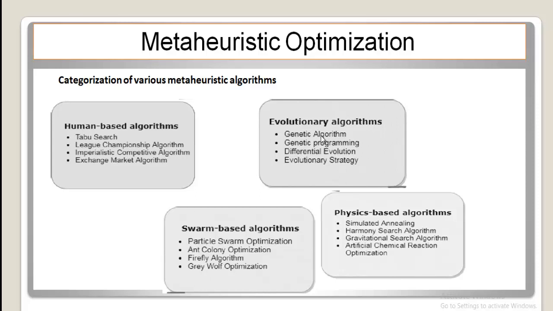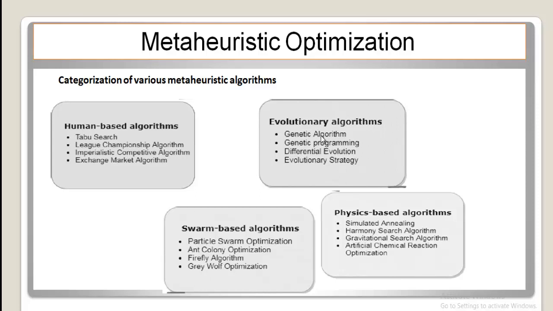First, we have the human-based algorithm, which includes many algorithms. Next, the evolutionary algorithm, which is driven by principles from the biological world, particularly the process of natural selection and evolution. In this category, for example, we can see the genetic algorithm, the differential evolution algorithm, and the